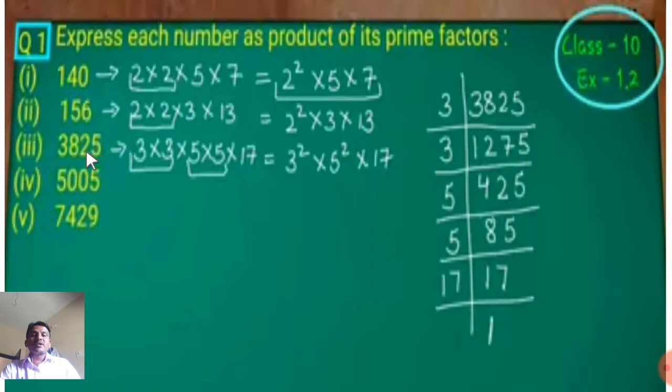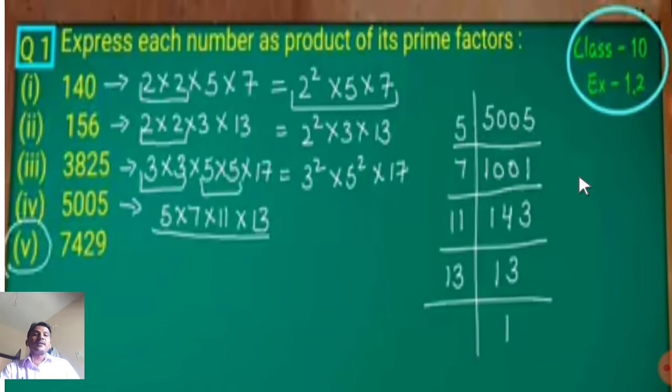So the prime factorization of 3825 is 3 into 3 into 5 into 5 into 17. That is equal to 3 raised to 2 into 5 raised to 2 into 17. This is the prime factorization of 3825. Next number is 5005. This is divisible by 5. So start from 5. 5 1s are 5, 0 as it is, this 0 is also as it is, again